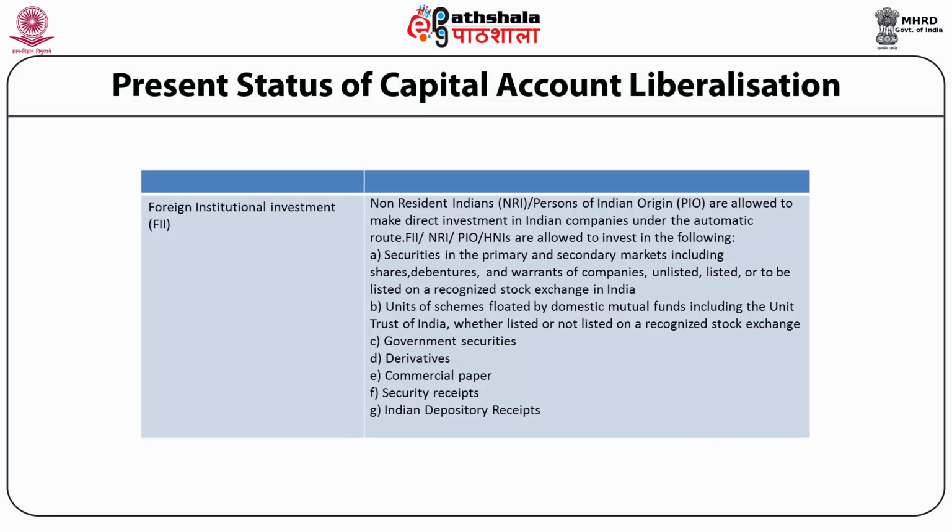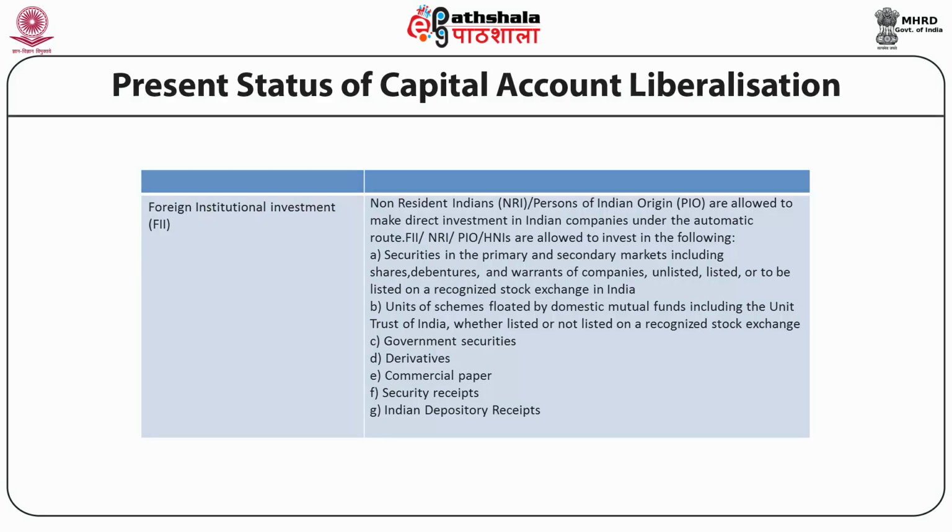As far as FII, that is foreign institutional investment, is concerned, non-resident Indians and persons of Indian origin are allowed to make direct investment in Indian companies under the automatic route of FII, NRI, PIO and HNIs, subject to the following: securities in the primary and secondary markets, including shares, debentures and warrants of companies unlisted, listed or to be listed on the recognized stock exchange in India, units of schemes floated by domestic mutual funds including the Unit Trust of India, whether listed or not listed on the recognized stock exchange, government securities, derivatives, commercial papers, security receipts,